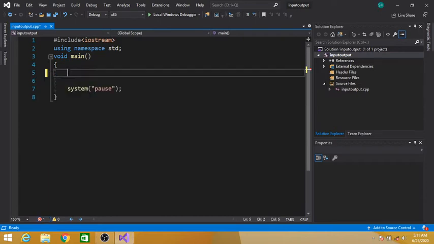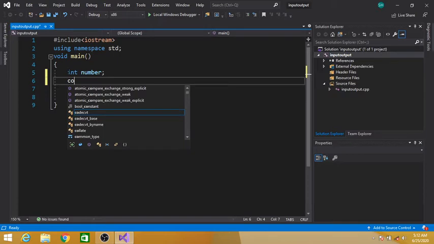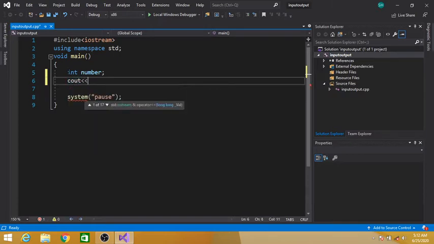Suppose we are asked to write a program that finds whether a number entered by the user is even or odd. int number; cout, we have to take the number from the user.